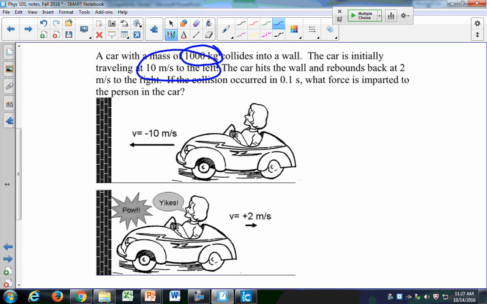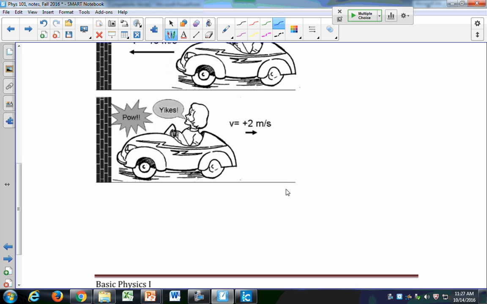So this car is traveling at negative 10 meters per second. It's to the left. It hits a wall, and then it bounces back a little bit at 2 meters per second. We estimate the time that it takes for the collision, say 1/10 of a second. These collisions don't take very long. I want to know what is the force that is imparted to the car. Well,